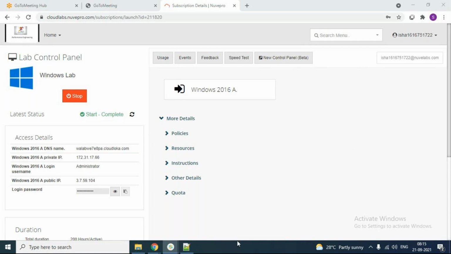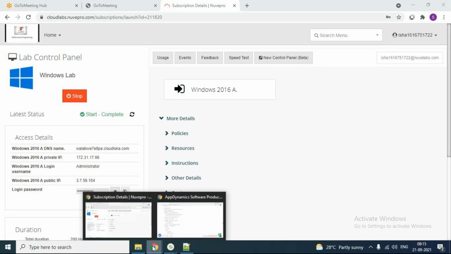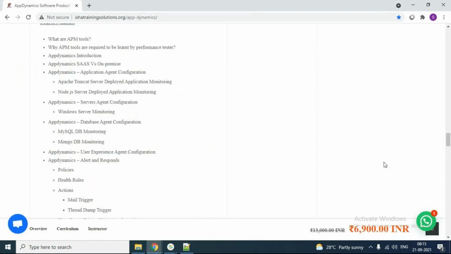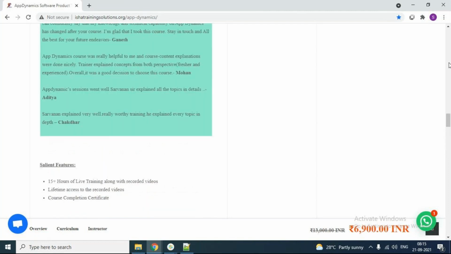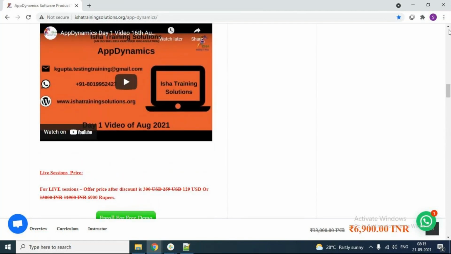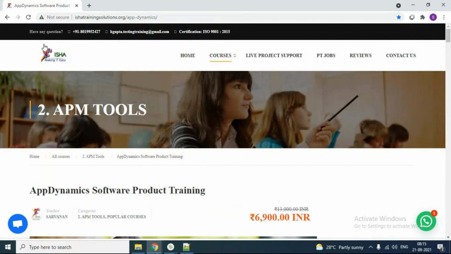So typically, if I go to this Isha website, there is an image available, right? Right clicking, copy image address, and then I'll paste it in the browser.